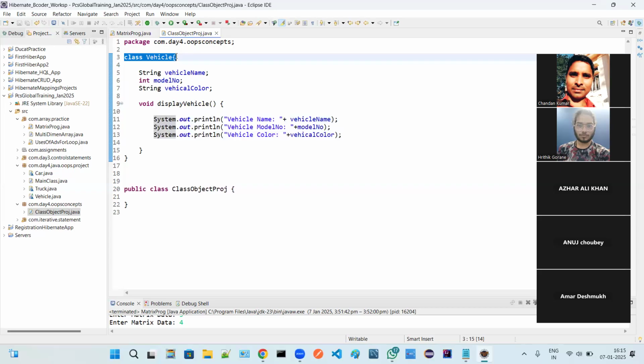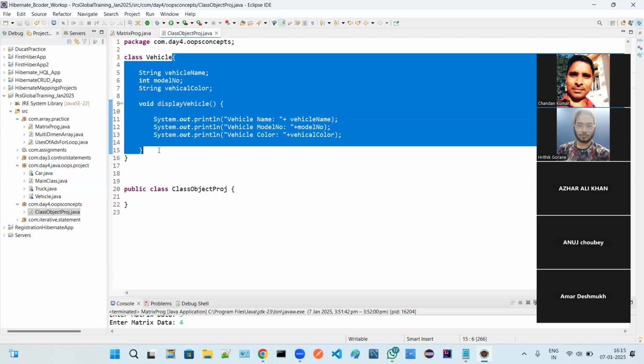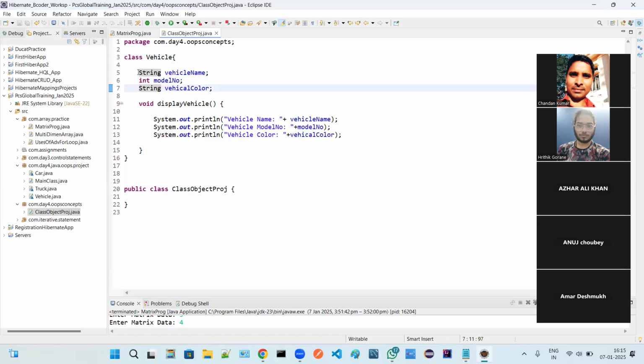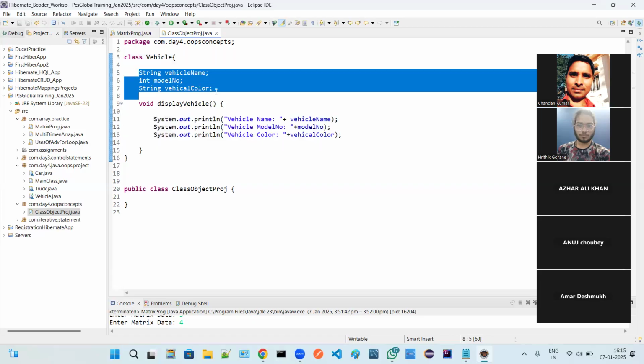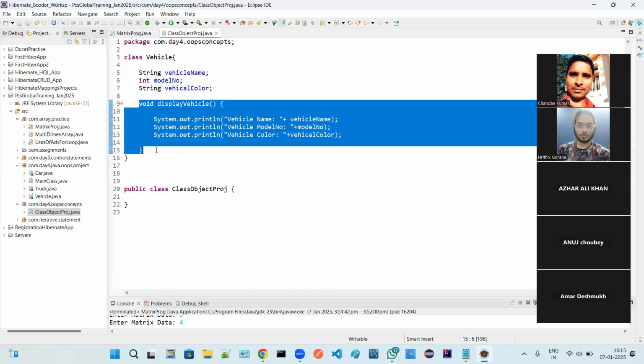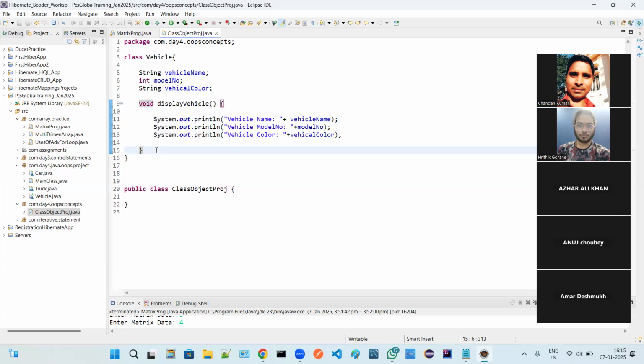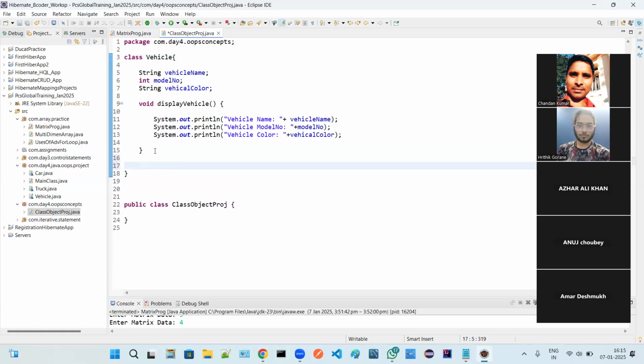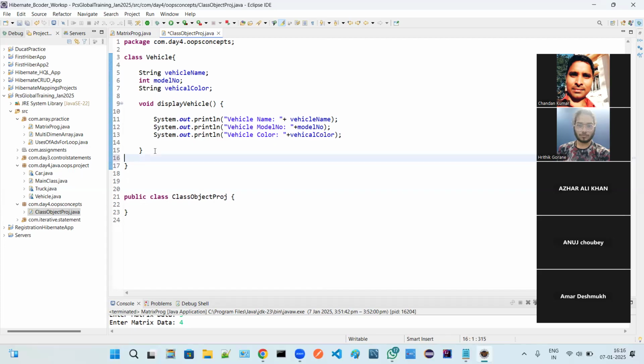Class name is Vehicle, and this is the block of the complete Vehicle class. And inside this block, these are the data members, and these are the member functions, or behavior we can say also. We can also define one behavior over here, void run vehicle, or leave it.